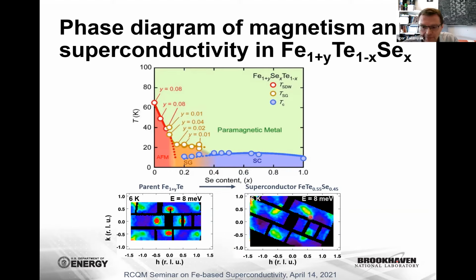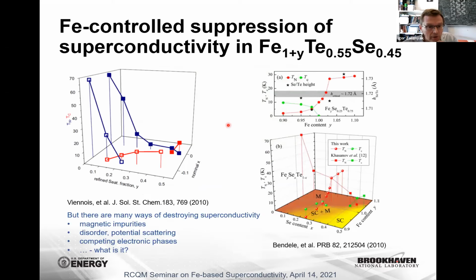And so the question is, why would the superconductivity and topological superconductivity be inhomogeneous? A possible answer to that lies in a well-known sensitivity of this family of materials to iron composition. It has been known for a while, if we look at the panel on the left, this is from Vienas et al., that in order to have a well-developed bulk superconductivity